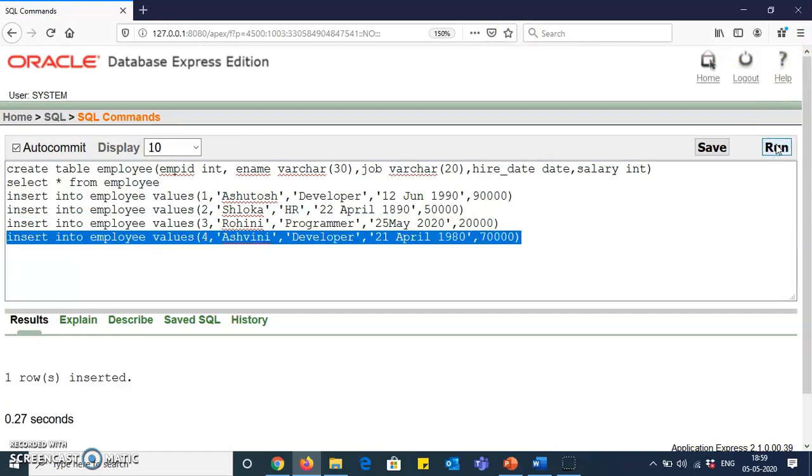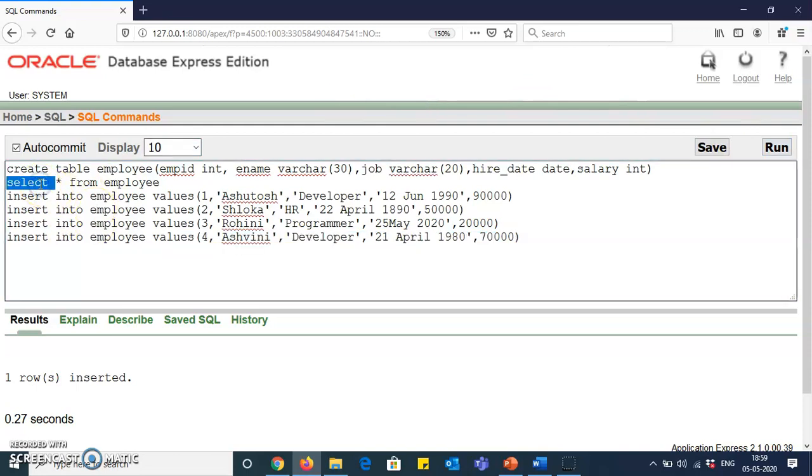Now, how will I check whether my details are inserted into my table or not? For that, I have already explained, we use the select statement. Select star from employee will help me to display the table. Star means it will display all the columns present in your table.